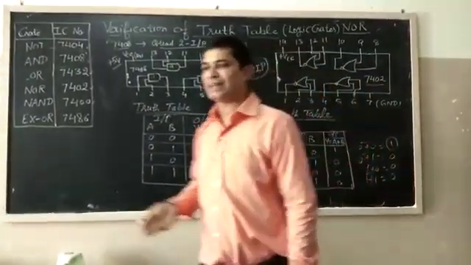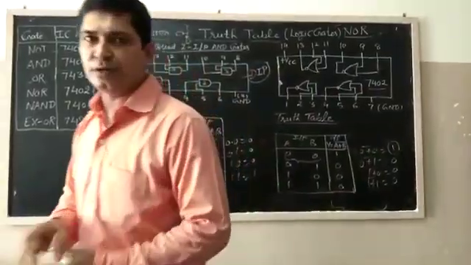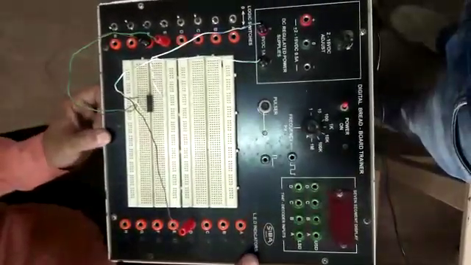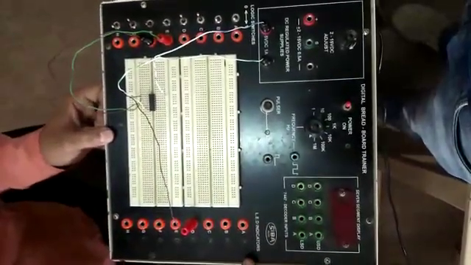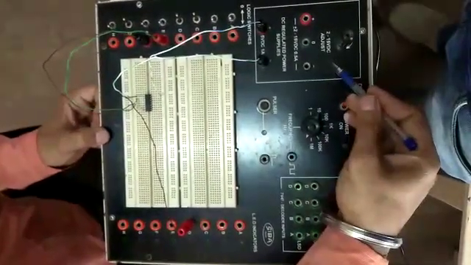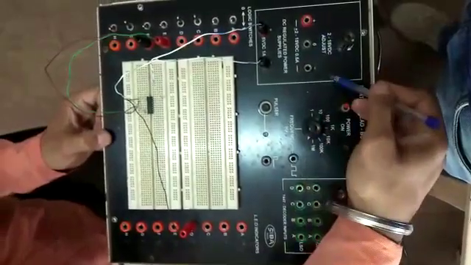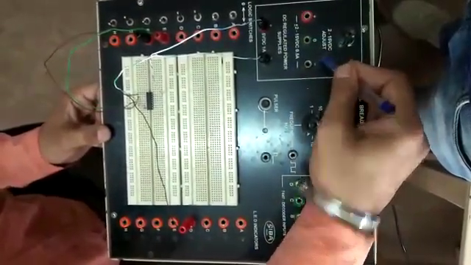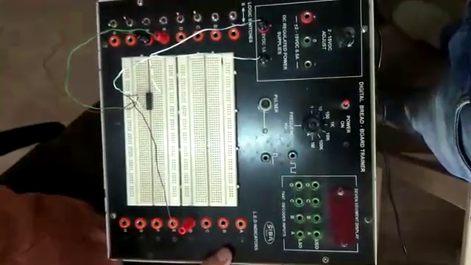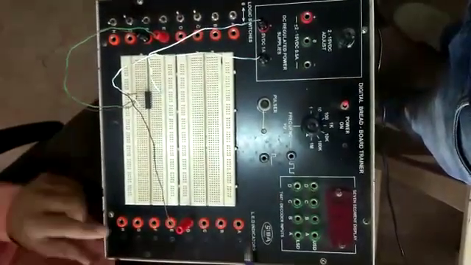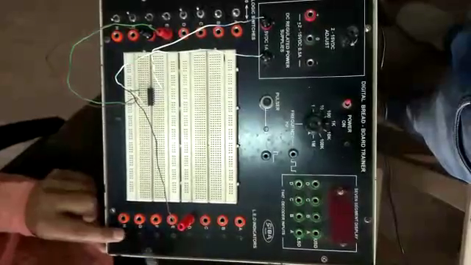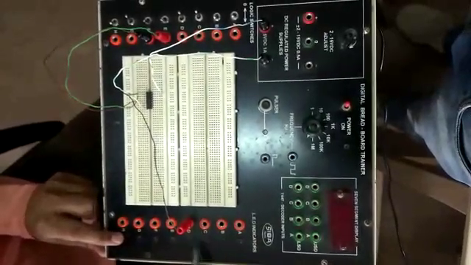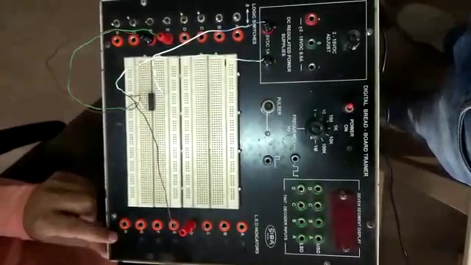Now we will carry out the rest of the work on the digital breadboard. Dear students, this is the digital breadboard, which comprises the inbuilt DC supply voltage. Here it is used as an input. These are the terminals used for the input, and this terminal displays the output. If the output is high, the corresponding LED will glow. If it is low, it will not glow.